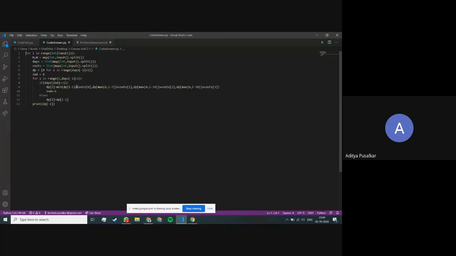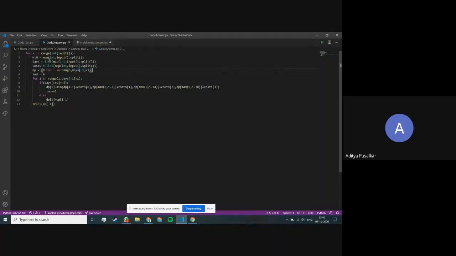Once the last platform, along with all the previous ones, have been made safe, that's the point where we can stop. So we need to make sure that all the platforms till the last element in the array days, that is days of -1, are safe.